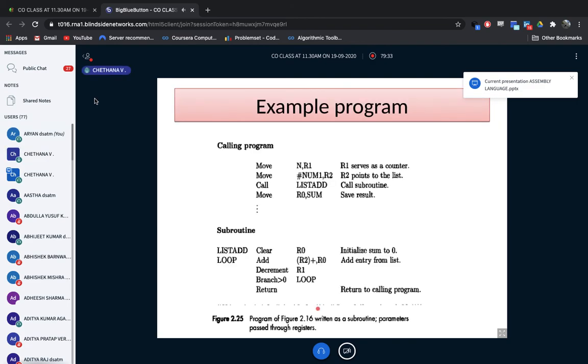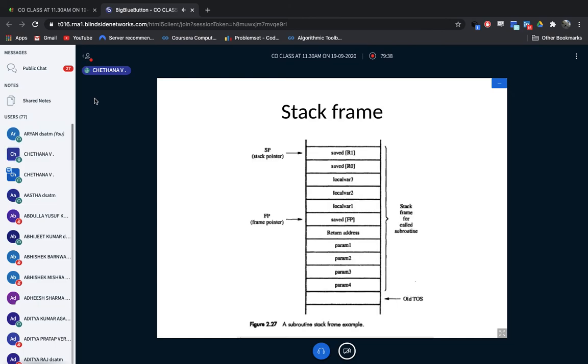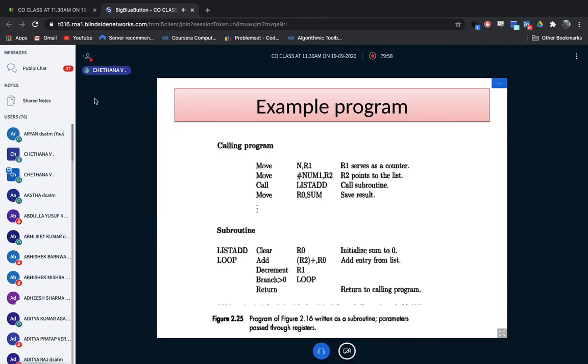Okay, I think everyone understood. We have an example program. Better if I take it in the next class because again you will get stuck here. Stack frame is the one concept which is left actually in this module, but I'll do it in the next class. It's better because today only I explained the stack concept. So if I tell more, you may get confused. I don't want to continue.